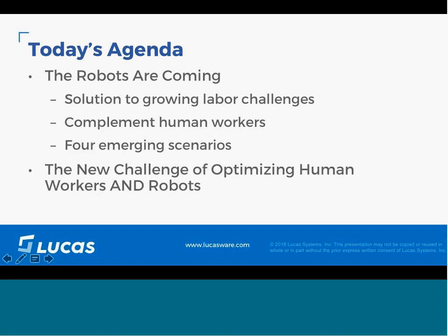Before we get into the actual use cases for how we plan to implement or have the software to implement these use cases, I'm first going to take a minute and walk through the different scenarios in which robots are starting to emerge as use cases within the distribution center. We see four major use cases or scenarios. The first one